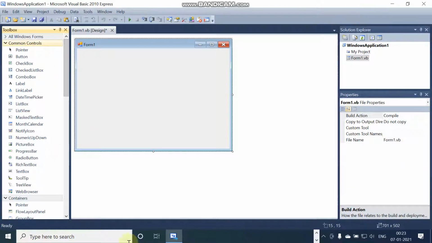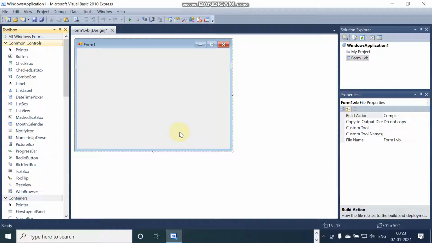So it is an environment where we are having multiple parts: the menu bar where file, edit, view, project, debug, etc. are there. At the left hand side, this is the toolbar where many toolboxes are there. At the middle, there is the form window. At the right hand side, there is the project window or project explorer, and beneath this is the property window. And together all these parts are integrated and form one IDE or integrated development environment.